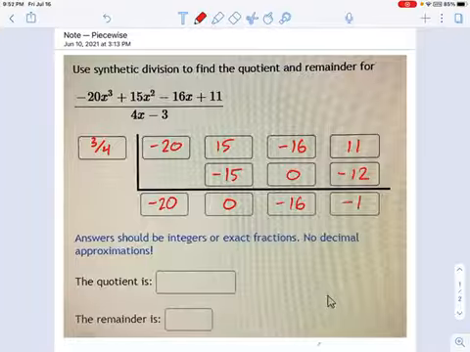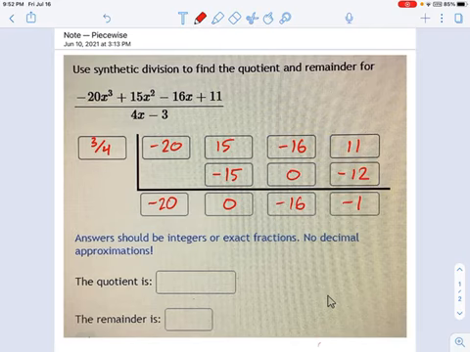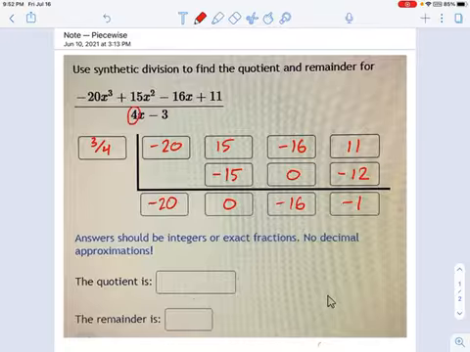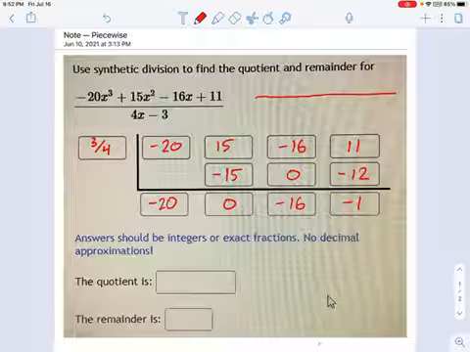Okay, now, this is not the final answer. We have to deal with this factor of 4. We haven't really dealt with it yet, other than getting the x-intercept, but we still have to address that point. Here's the problem. This is a math hack, okay? This whole synthetic division thing is just a math hack.